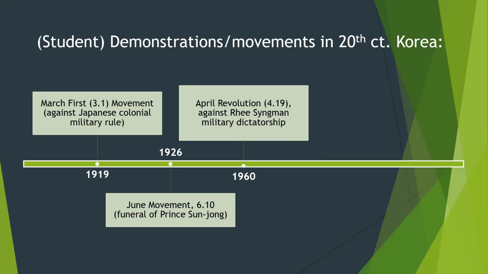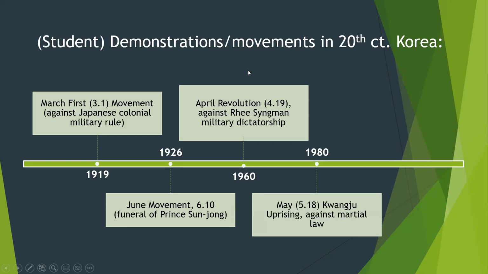And this was against Lee Seung-man or Seung-man Lee, who was the first major dictator. He had gotten elected as the president in 1948. And this catalyzed the ascent of the next military dictator, Park Chung-hee, because these movements actually led to Lee Seung-man fleeing the country, actually to Hawaii, believe it or not. And so under Park Chung-hee, who we'll talk about in just a moment, that kind of led to the movement